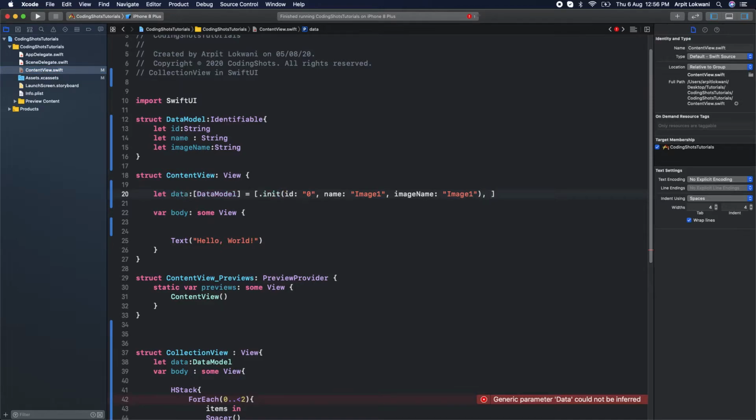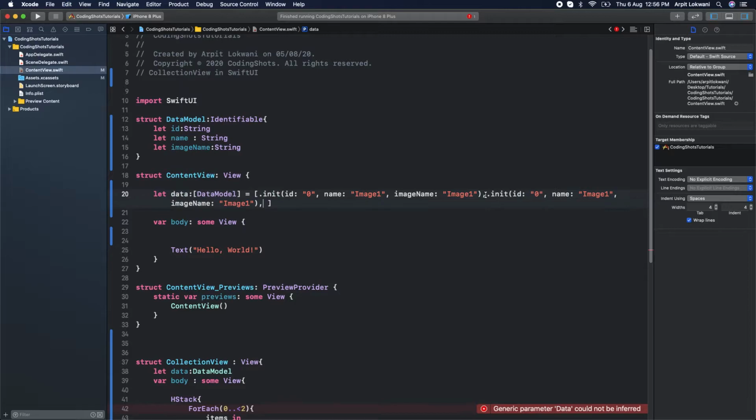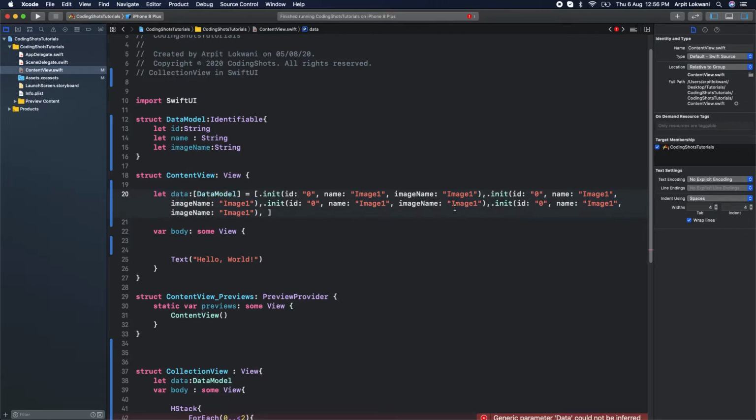I will copy paste without wasting time, 1 2 3 4, fine. So image is 1, and for this, sorry, 1, images will be 2, it will be 2, and images will be 3. This should be the last, it should be 3, and the images will be 4, right?